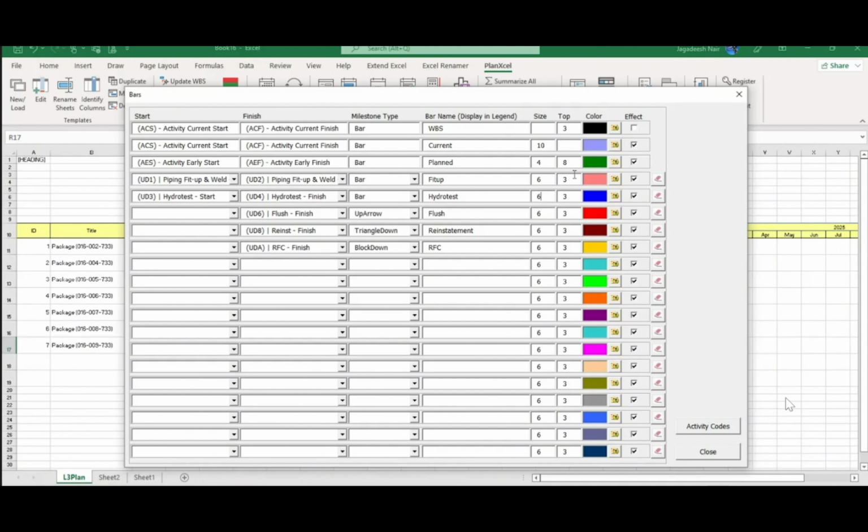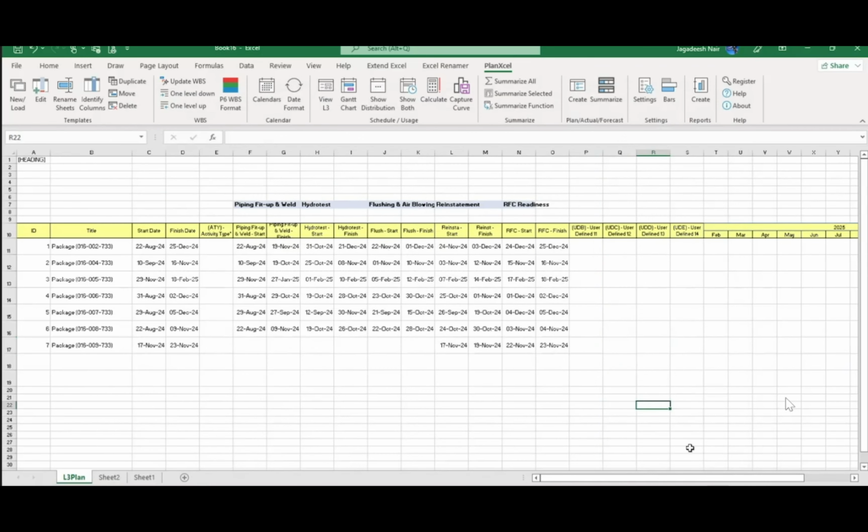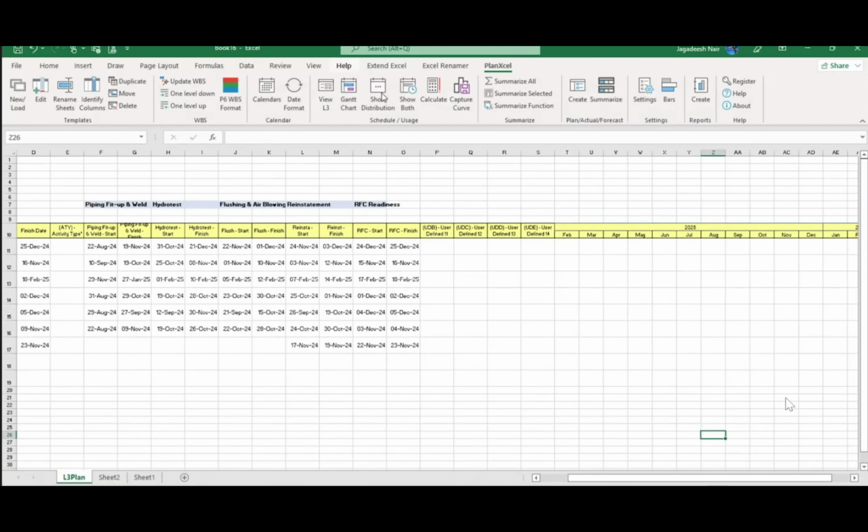So we can give different colors for each of those bars. Okay, already predefined colors are there. If you want to change any of those colors, you can do that. And also we can have effects. So for the time being, I'll put the effects off, and I'll close it. So once I drag this, then it's a matter of only